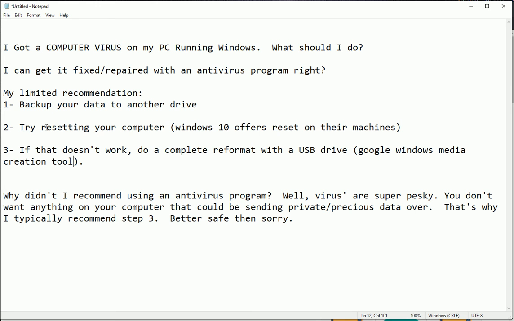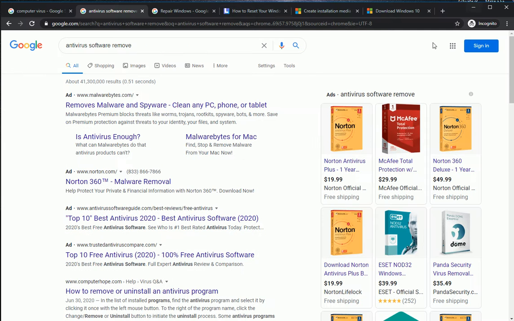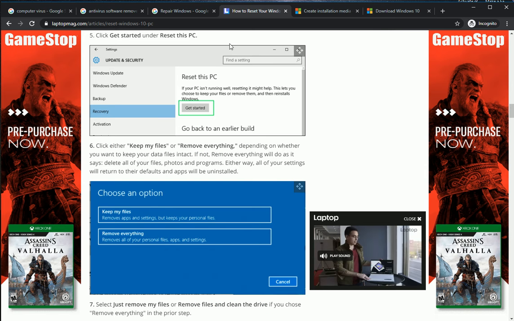Number two is you can try resetting your computer. This is actually one nice feature with Windows 10 that usually can help fix your computer. So this is only a solution for Windows 10. There are system restores in Windows 7 and Windows 8. I think Windows 10 and Windows 8 are very similar. But resetting your computer with Windows 10 is pretty decent. You can just Google it,